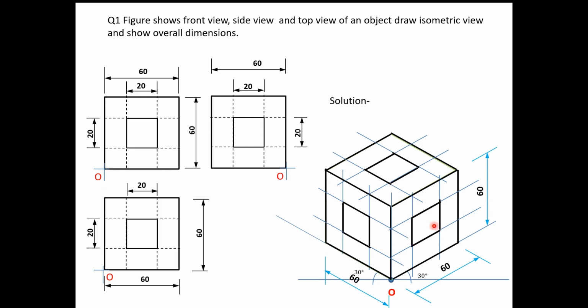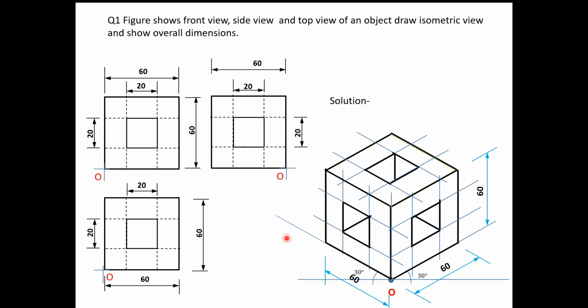Okay, here also lines will be there. So this is the line. Okay, and this is another line, and this is another line, because these square holes are throughout holes. Okay, so that's why it is dotted. That's why we can see the dotted lines here in front view, in top view dotted lines, and side view also we see the dotted lines.